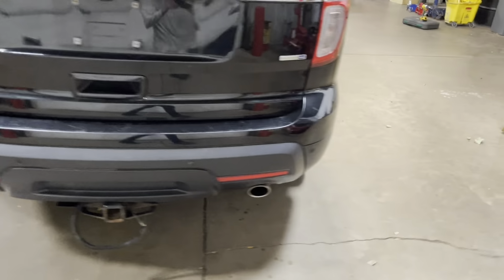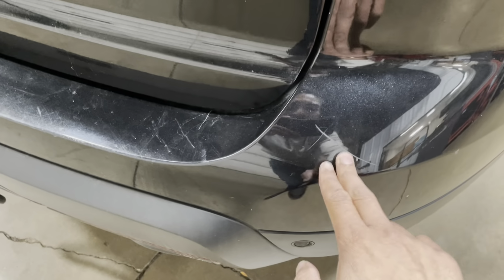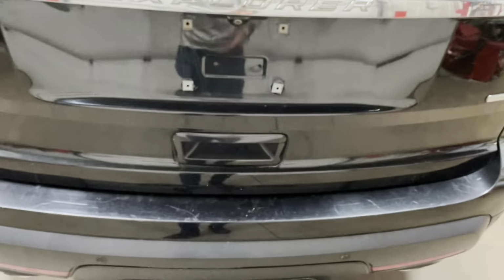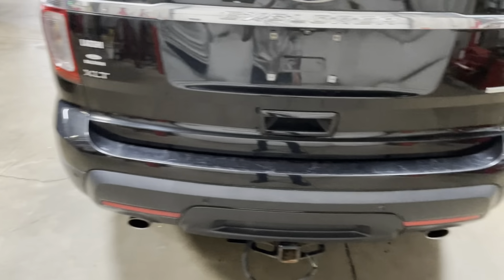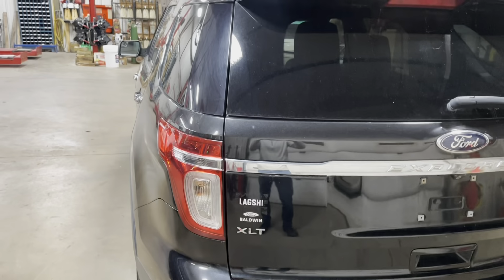The bumper is in good condition. Don't see any scrape marks. I guess there's a scratch right over here on this little corner, and then some scratching right here. And this is mostly just from taking stuff in and out of the vehicle. It scratches that portion of all bumpers. And then taking a look at the tailgate,